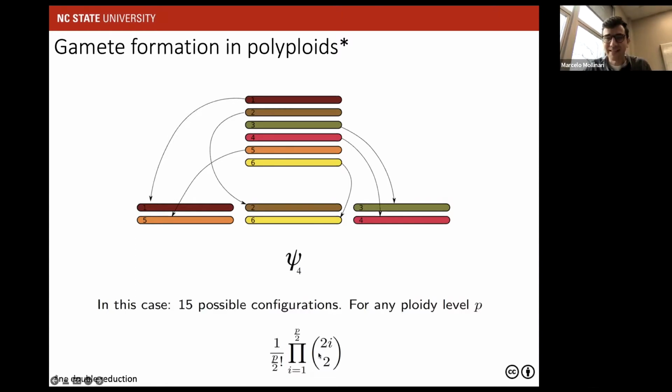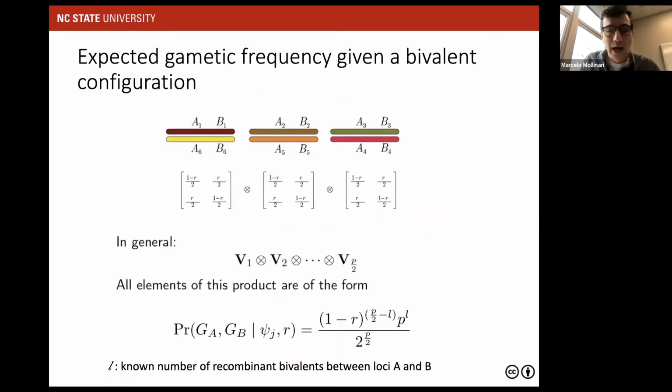So as you can see, this is not linear, right? This is the problem with polyploids. If you add one more homolog, the complexity is not linear. It's not even exponential. It is another function, but it is an explosive function. And how can you deal with this complexity? So as I said to you, we have bivalent pairing, and then imagine we have these 15 possible bivalent pairings, and then we can model each one of these pairings